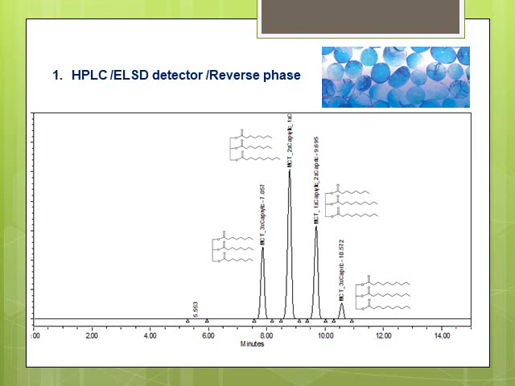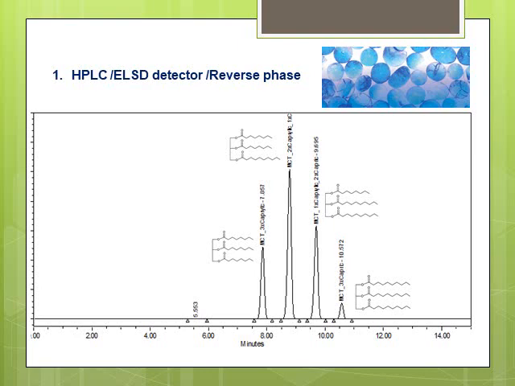We see 4 peaks, and the first one is the MCT that has all 3 fatty acids with 8 carbon atoms. The second peak, around 9 minutes, is the MCT that has 1 fatty acid with C10